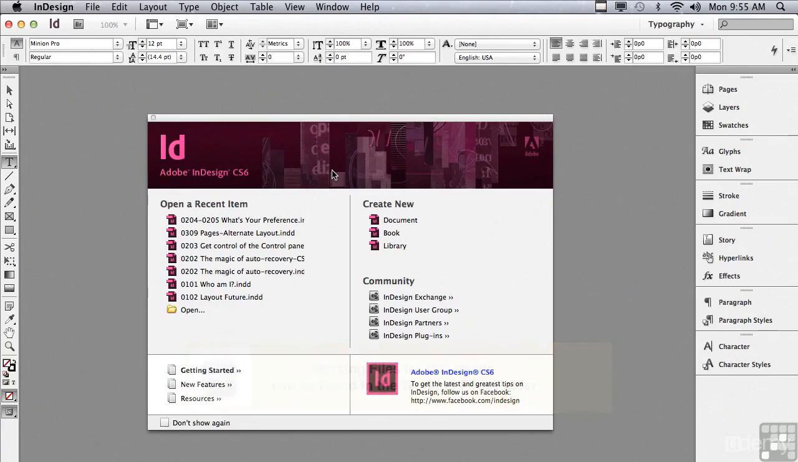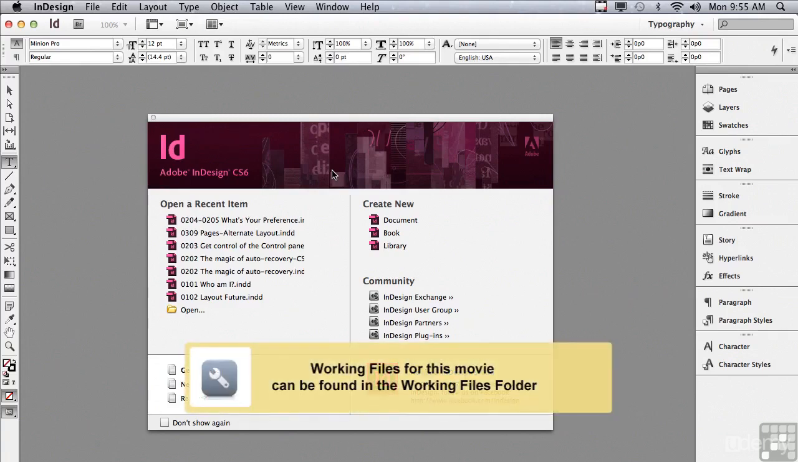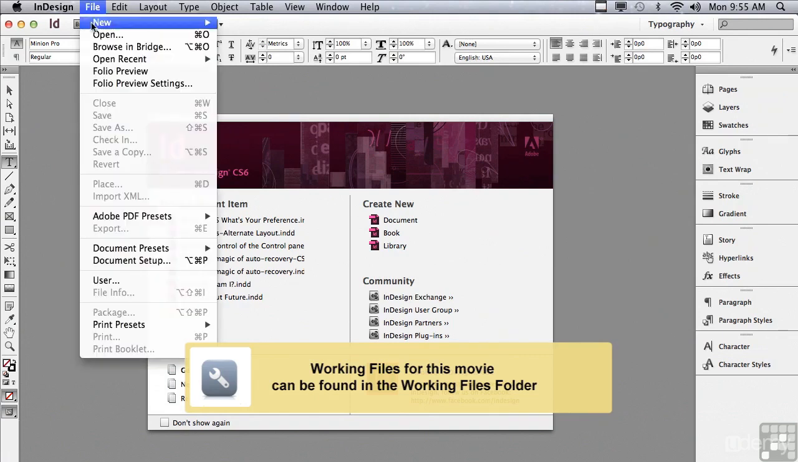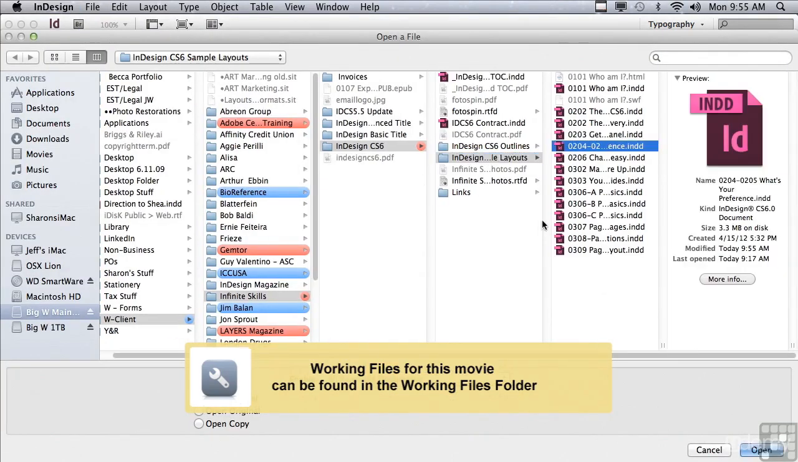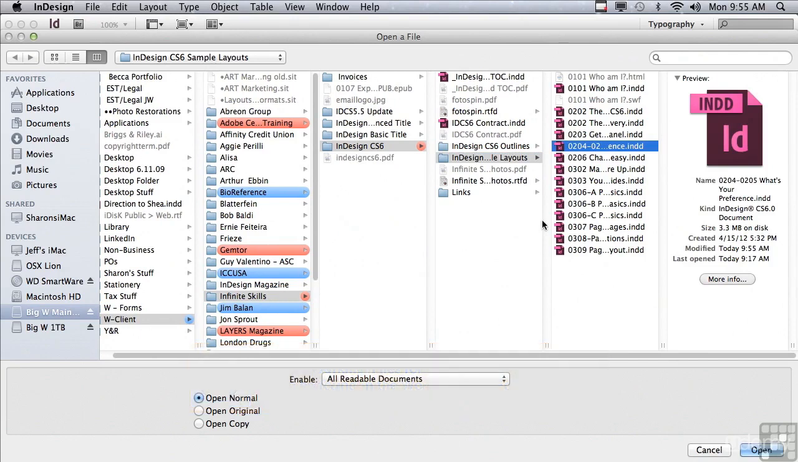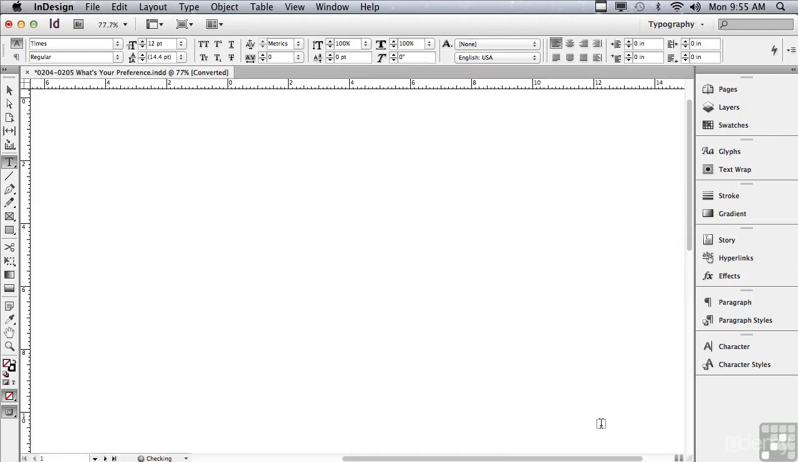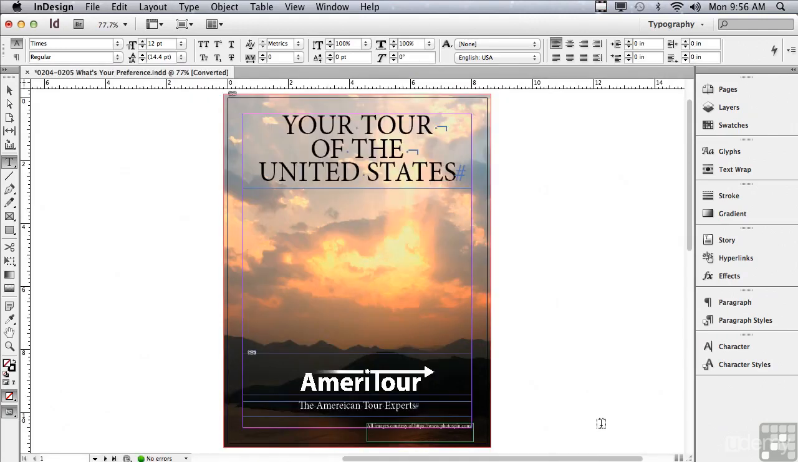In this lesson, we're going to begin to discuss preferences. If you'd like to follow along, go under the File menu to Open, and in the Sample Files folder, select 0204-0205 and just click Open. Before we jump into preferences, let me just mention that all of the stock images in this layout, as well as all other sample layouts, are from